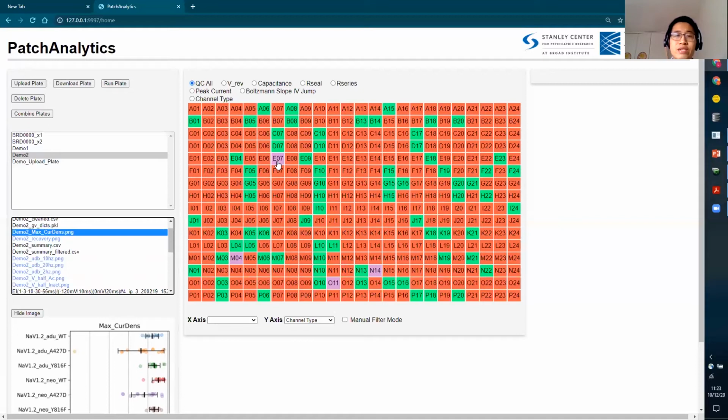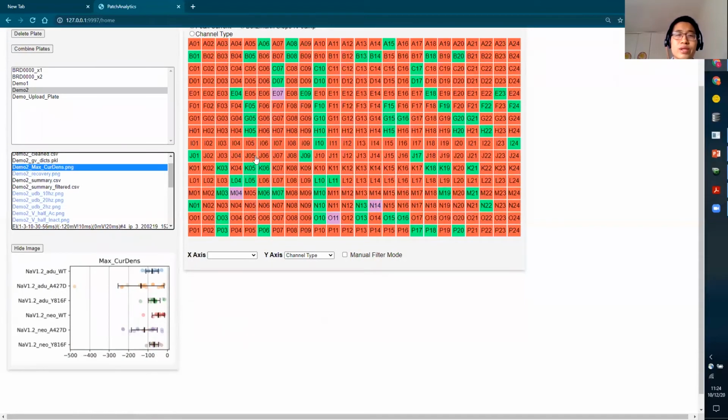They fall out of that range, and they are highlighted in purple because we want to differentiate these ones from the ones that passed the hard-coded QC criteria, so that the user will be able to decide themselves whether they want to include these ones or not. But even after multiple rounds of filtering, we might still have some cells that give us some problems. So in the traditional